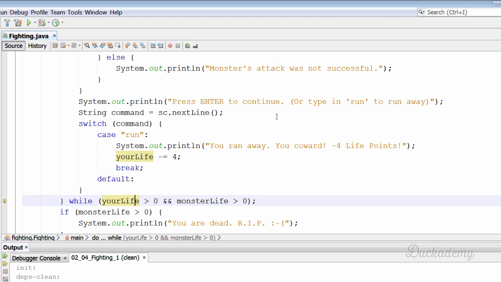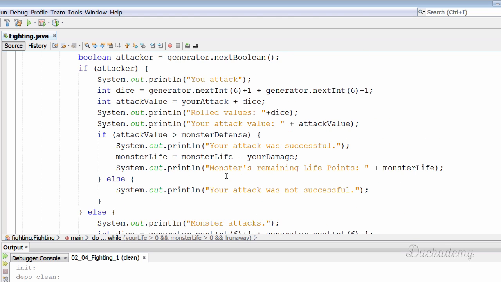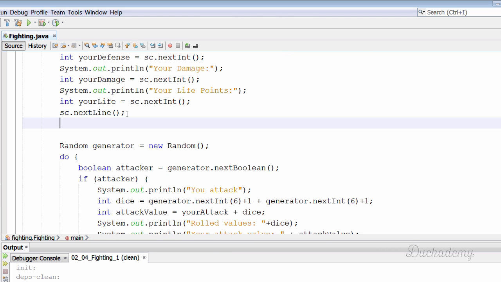If we would like to exit the fight, then something has to be put somewhere here. So for example, we create a new variable. This will be runaway. And if this runaway is false, then we continue the fight. And if this is true, then we exit from the loop. So if this runaway Boolean value is false, that means we don't want to run away from the fight. We go back to the do, and if this is true, then we exit from the fight. We have to create this runaway Boolean variable. For example, here,